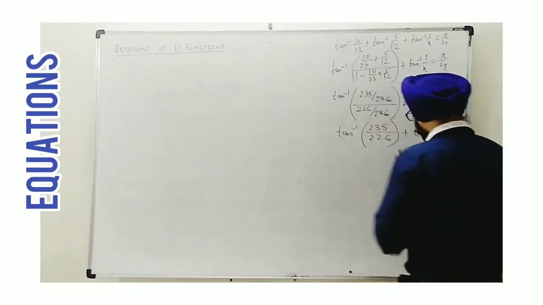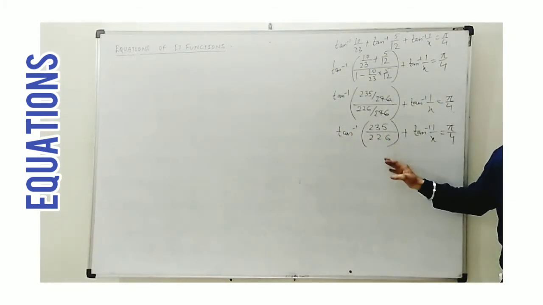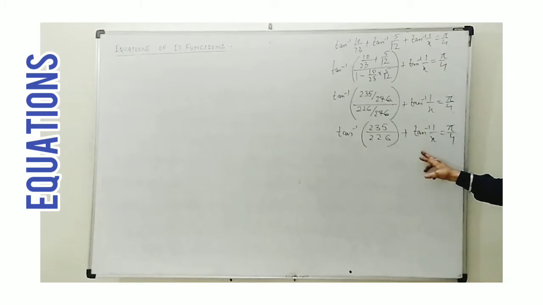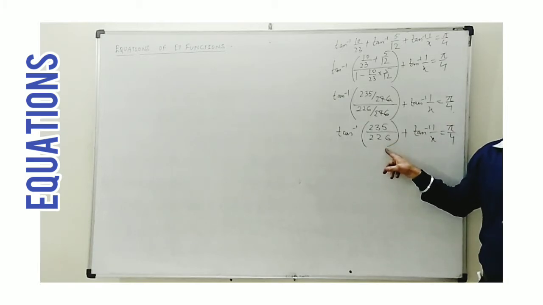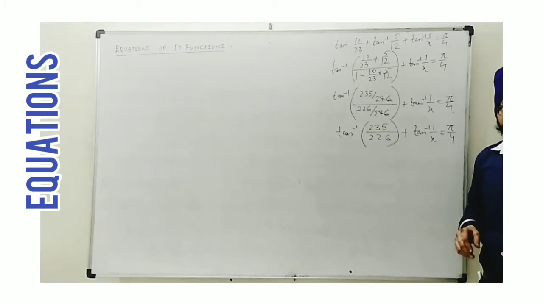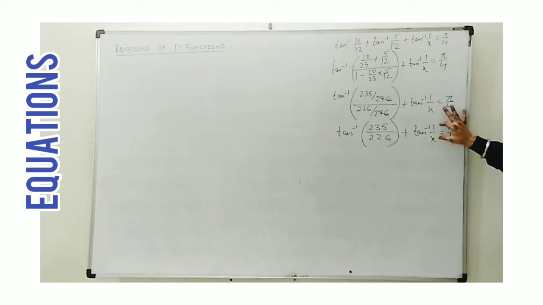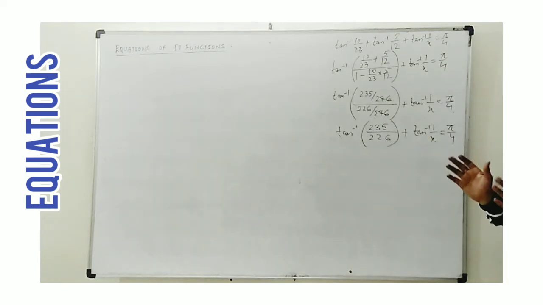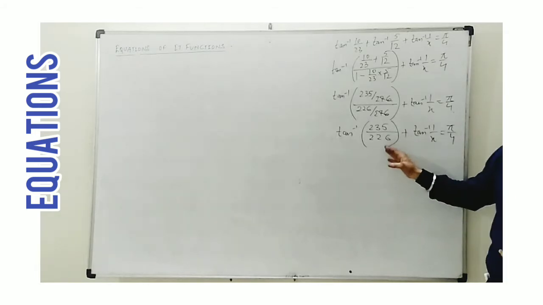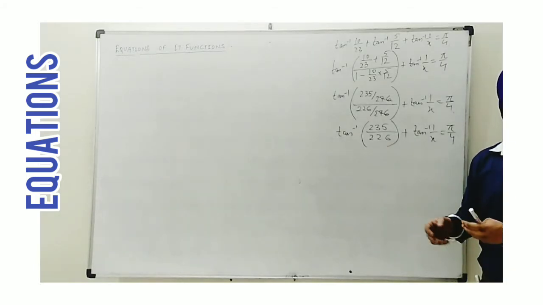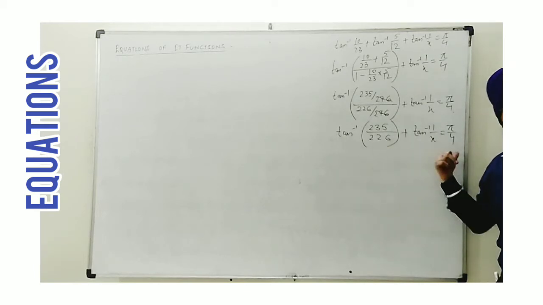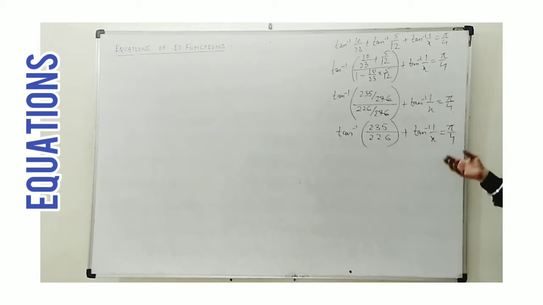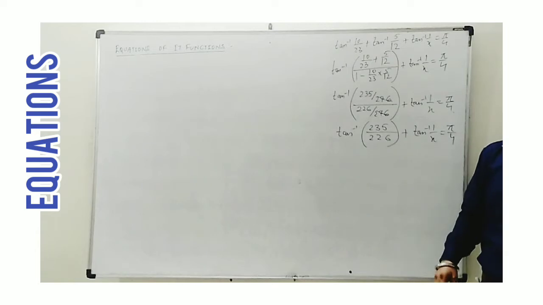Reason: suppose I start solving these two, applying the identity of tan inverse x plus tan inverse y. The problem is this is a variable term. This can't be simplified with this constant. So we will get a bigger expression in terms of x. Here we are having a very small term, 1 upon x. So this can be simple. This looks simple. But when we solve it with this constant, we will make a bigger expression and maybe we get a quadratic equation. So I suggest this should be shifted to the right hand side so that we can simplify and get a direct answer for this variable x. I hope you understood how to choose the path.